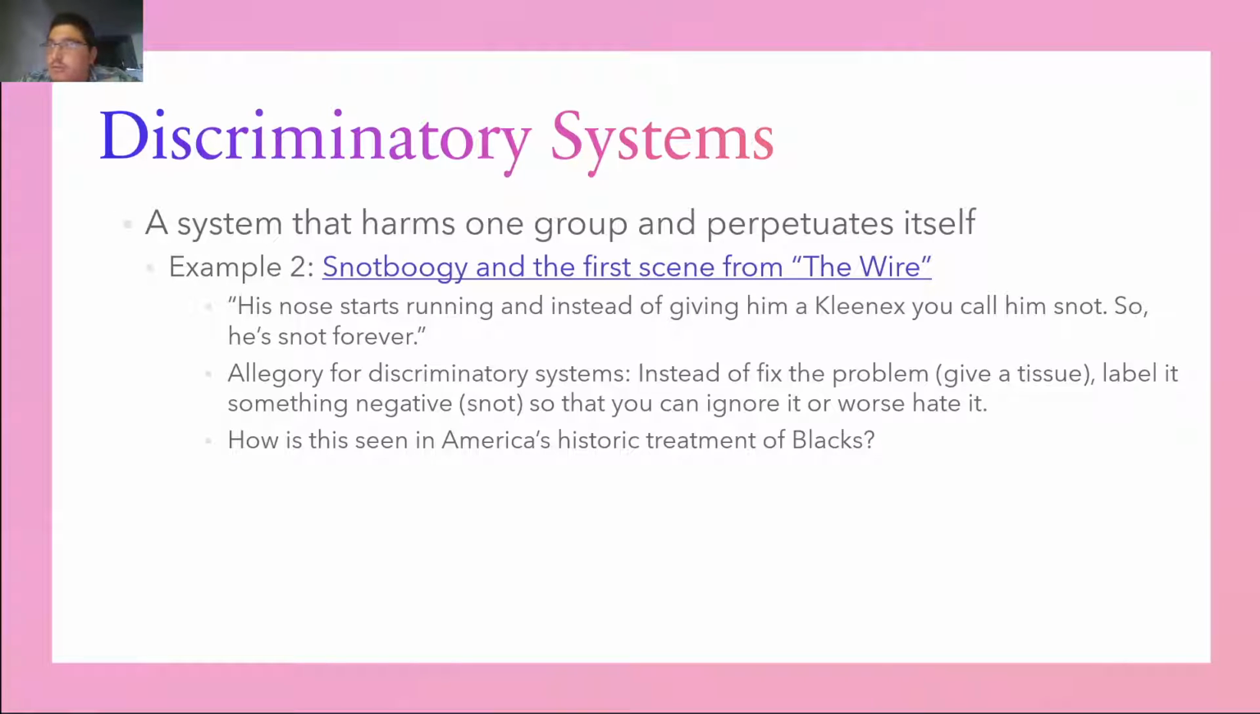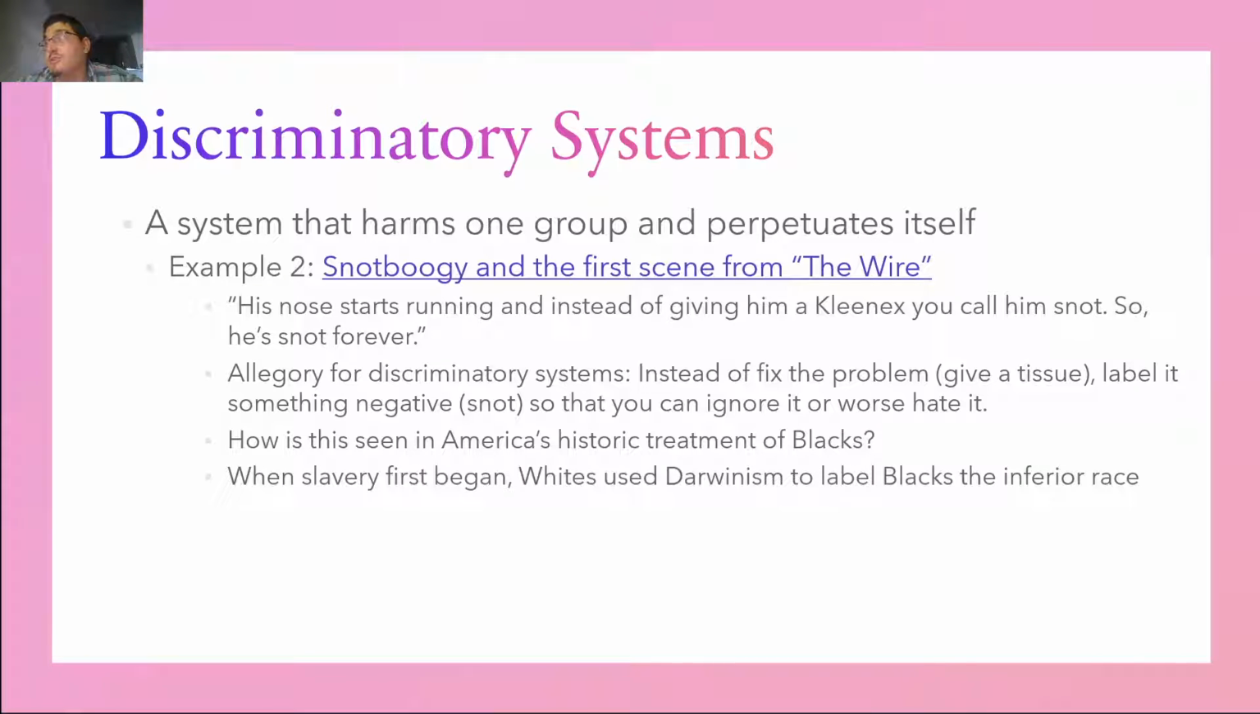So I'm going to let you just think a moment here about how this is very much seen where instead of fixing a problem, right, we just label it something negative and we move on. How is this related to the racial discrimination blacks have faced historically? Or maybe a problem due to long-term racial discrimination. All